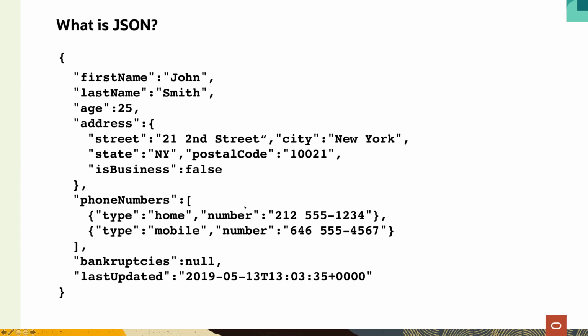Those are these scalar values where the syntax defines the data type. It's very limited. Unfortunately, we don't have a date data type. So if you look at the bottom, at last updated, it looks like a string, but technically it looks like a date if you look at the content, but technically it is actually a string here. And then you build structures by combining or by adding these key value pairs into objects. So our entire data structure is called a JSON object. And you can tell by looking at the first and the last character, like these curly brackets, that say everything that's inside are key value pairs.